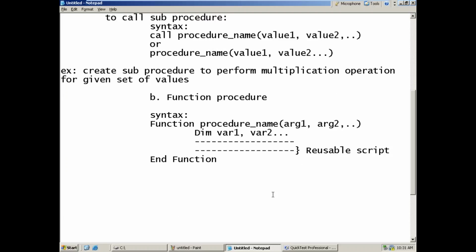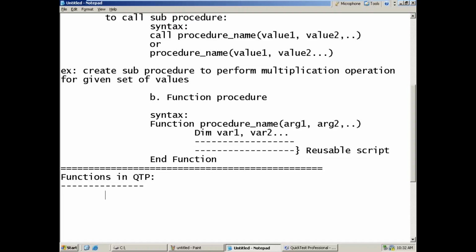Now, we got some idea of the syntax. We got the idea of how to create it or not? Now, functions in QTP. In QTP, we have three types of functions.